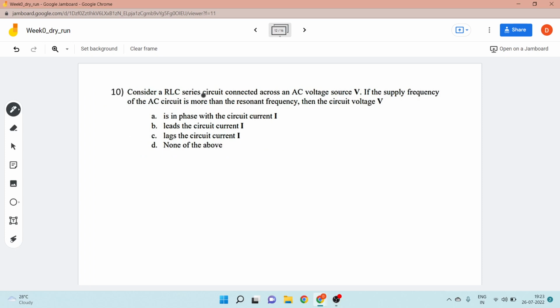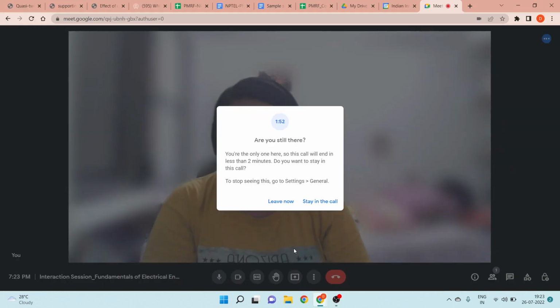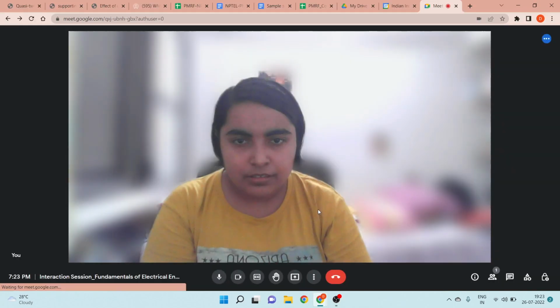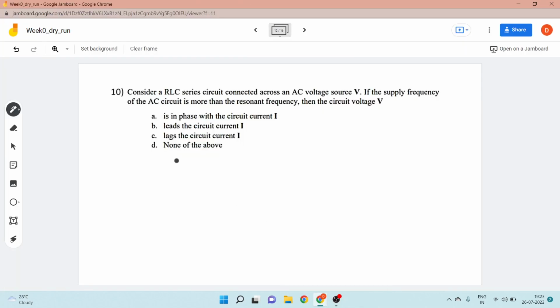Consider an RLC series circuit connected across an AC voltage source V. If the supply frequency of the AC circuit is more than the resonant frequency, then the circuit voltage V is, we have to calculate. So in case of RLC series circuit,